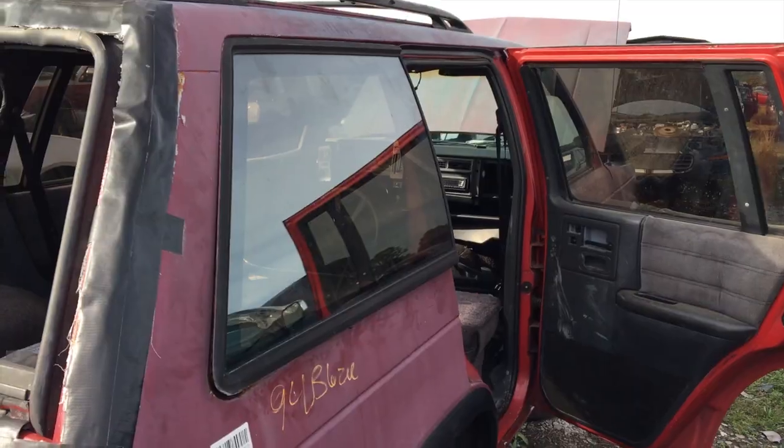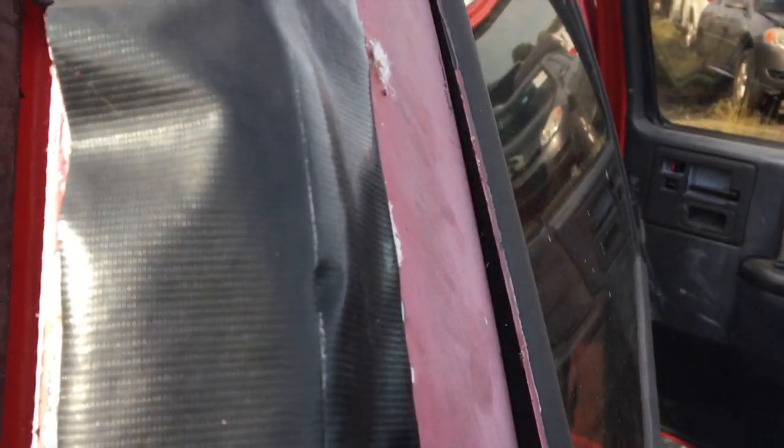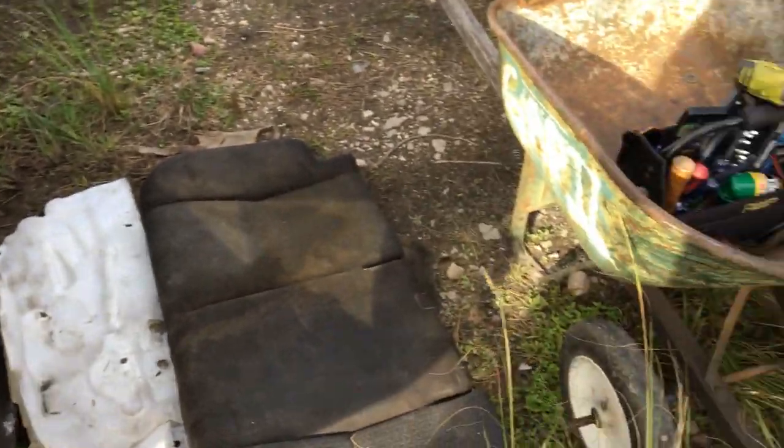Should fall out. Well, she's done. All I gotta do is pull on that real hard, and she's good to go, guys. Pretty dirty, but